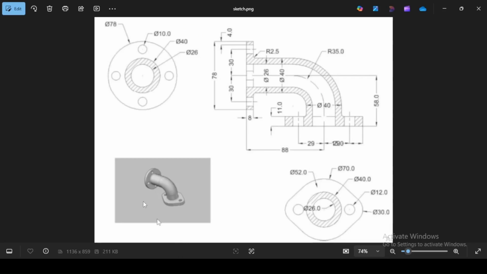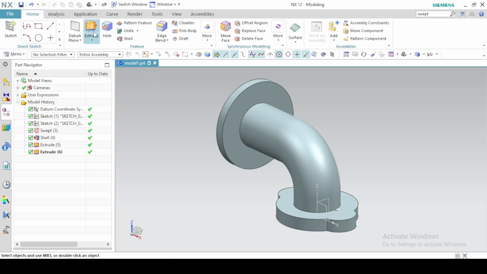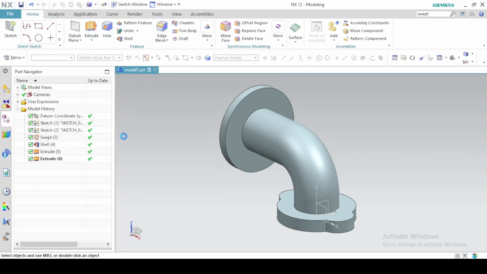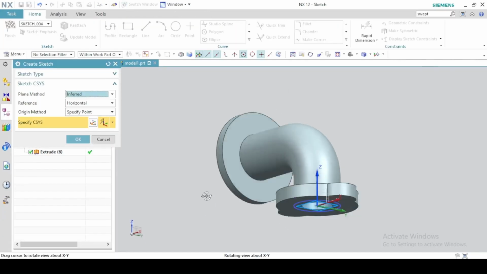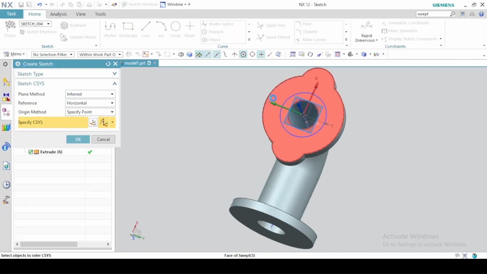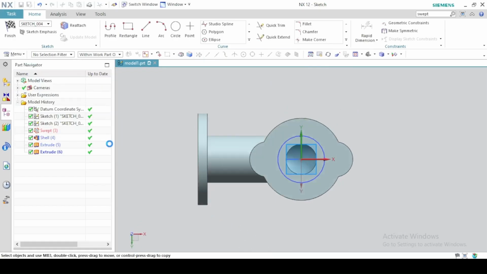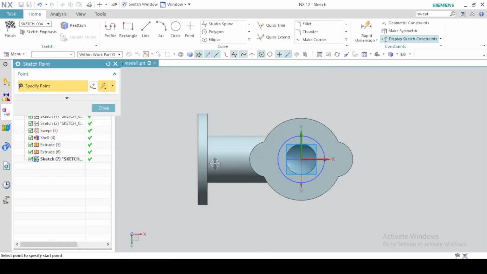Next, we add holes to the flanges. So we start with the bottom flange. So click on the hole feature. Come to sketch section, and rotate the drawing and click on this face. Click OK. Now we make sure the center of the holes should be at the same center of these outer